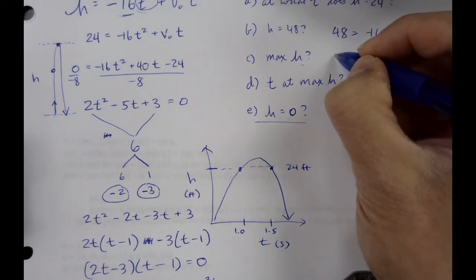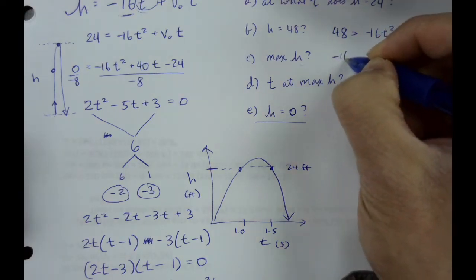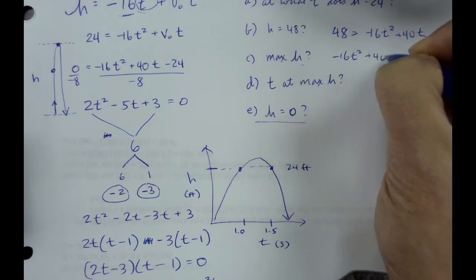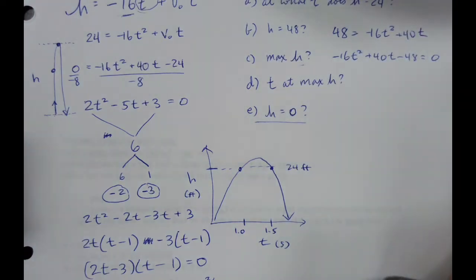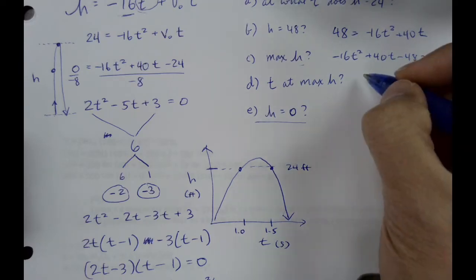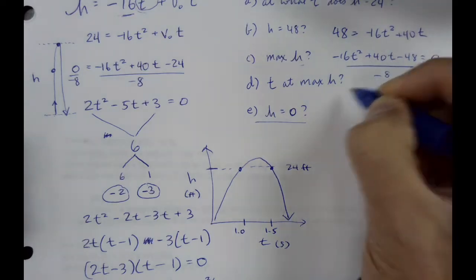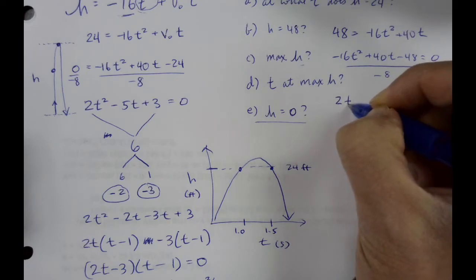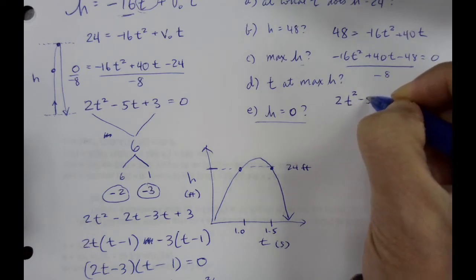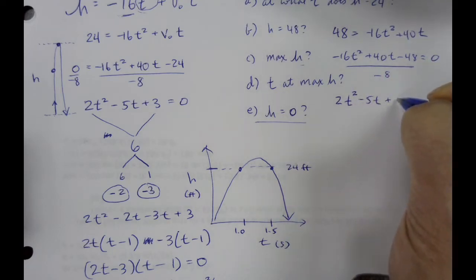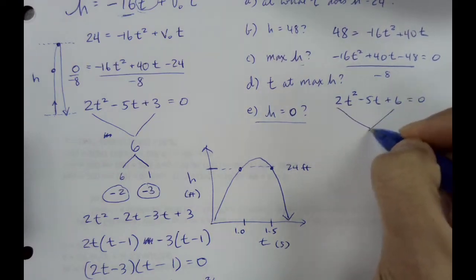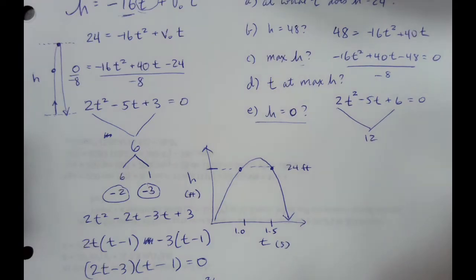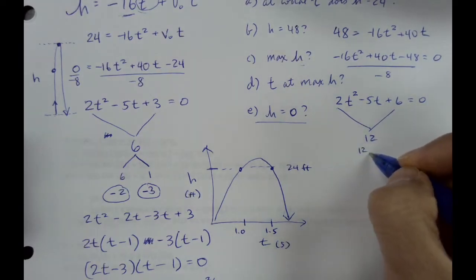If we arrange as we did before, we'll have negative 16t squared plus 40t minus 48 equals 0. We can divide through by negative 8 again. And we have 2t squared minus 5t plus 6 equals 0. So now we're looking for factors of 12 that add up to negative 5, which